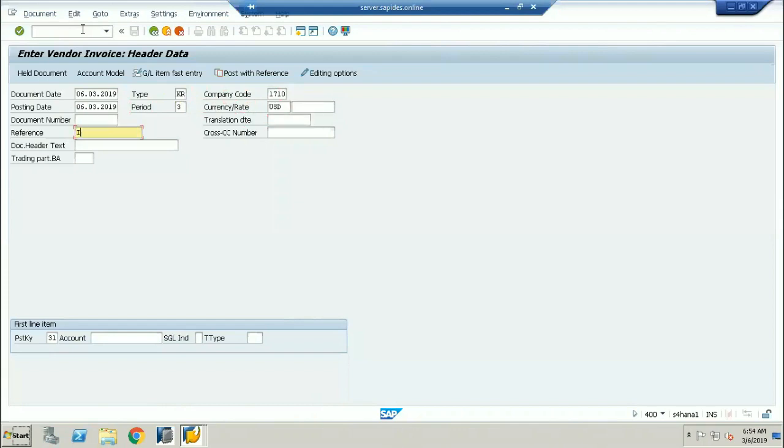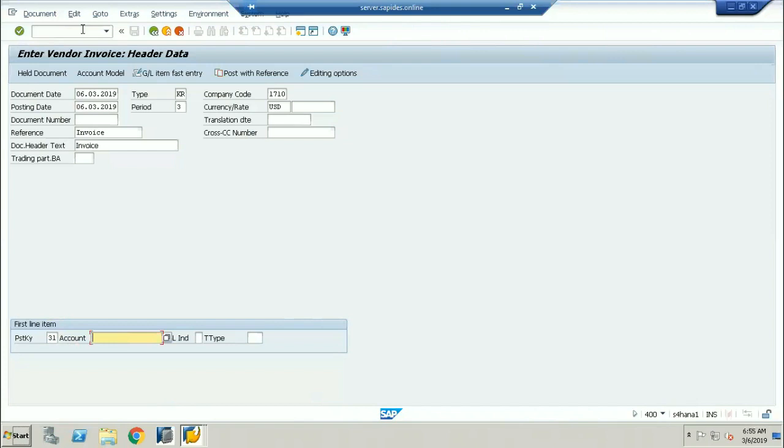Just also tell me how this is relevant to S/4HANA. Which one, sir? These transactions. These are all relevant to whatever transactions I'm explaining. This is what we were earlier using in SAP ECC also. Now the same transactions we are using in SAP S/4HANA. There is no difference at all. If there were a difference, I would have told you at the initial stage only.